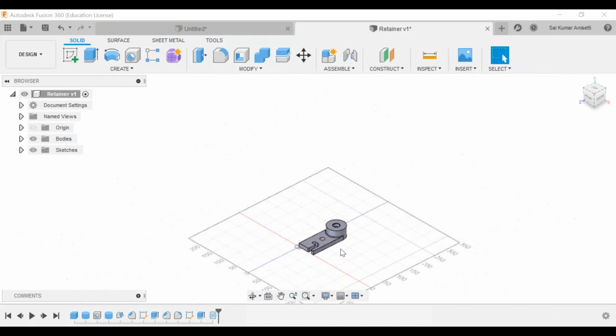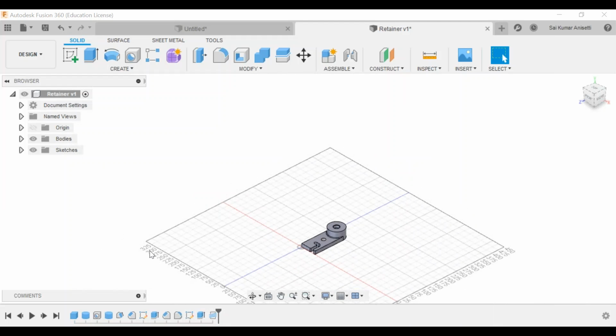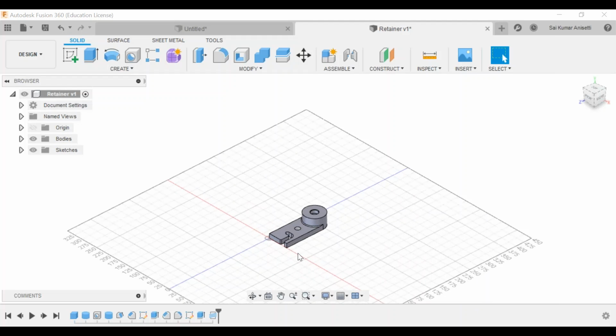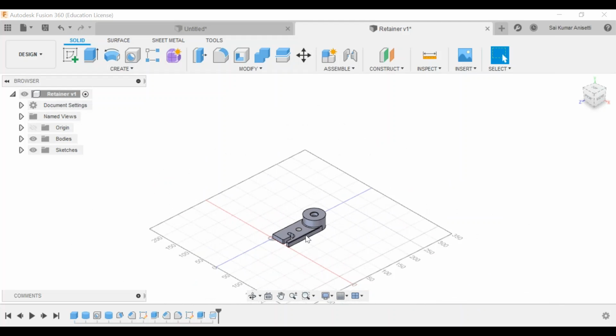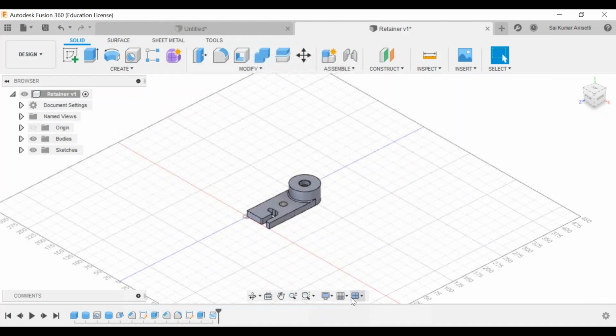250, 350 and everything. This is not limited. This is an infinite workspace. If you increase the size of the object, this 325 gets increased. This is not a limited workspace. According to this, it has decided that 350 by 350 is the major thing. So it will get increased if you increase the size and shape of the object.